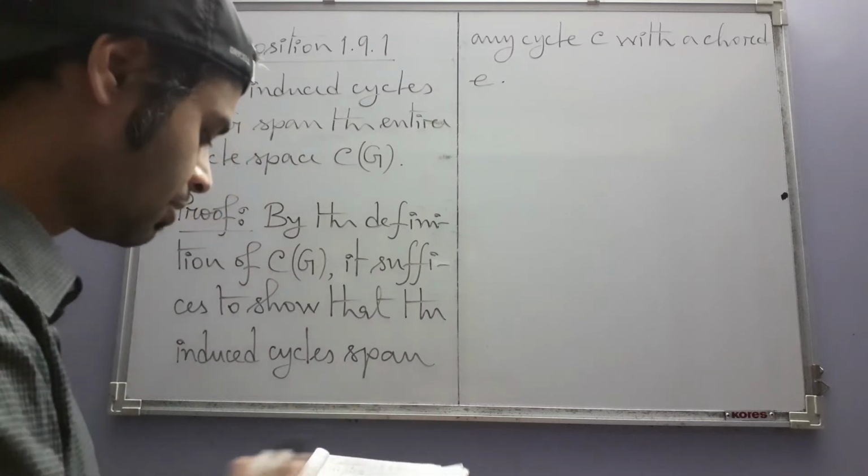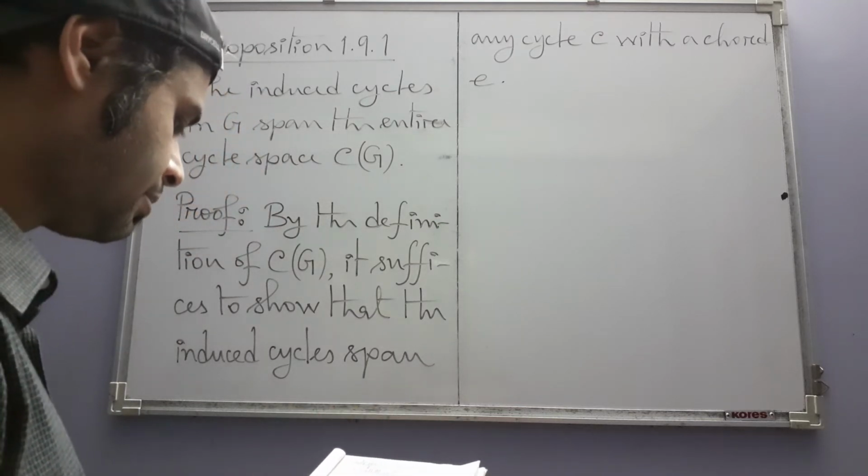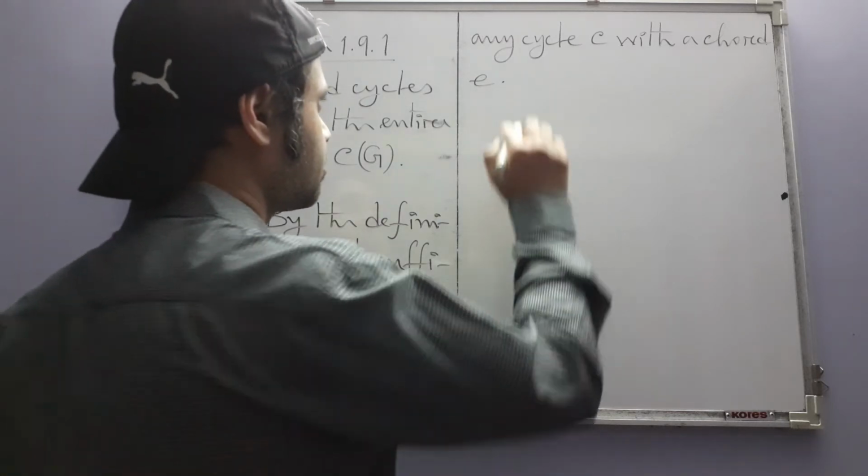Yes, I can write this, in the sense of vector space span, any cycle C in G with a chord, and this follows at once